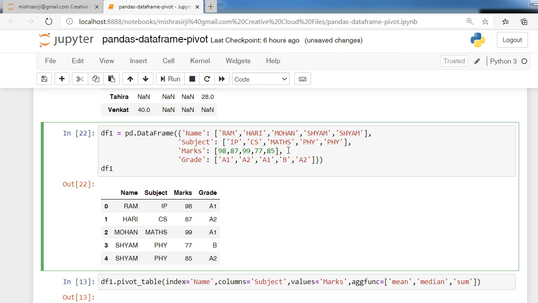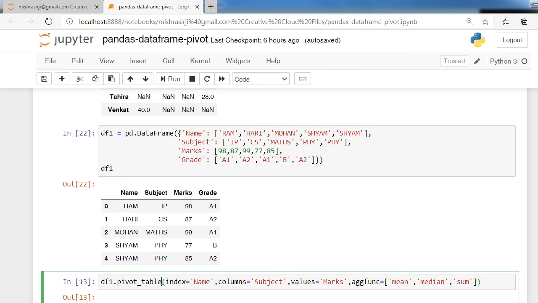To know the limitation of this pivot function, you can see in the output the name column has one duplicate entry. The name of a student is Shyam, having the same subject, physics, marks is 77, grade B. In another row you can see the name is Shyam, the opted subject is physics, marks is different.